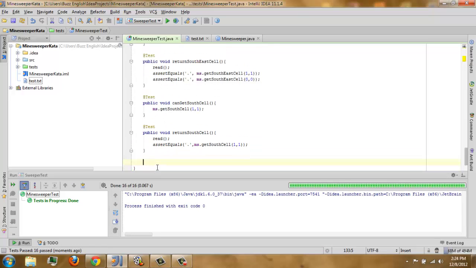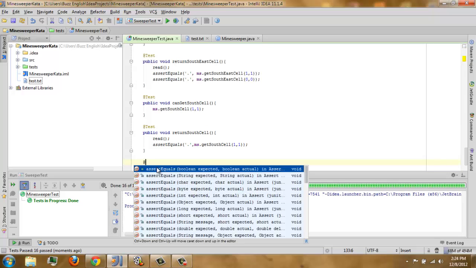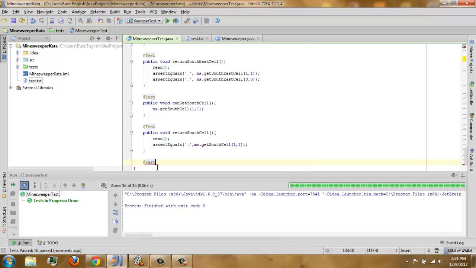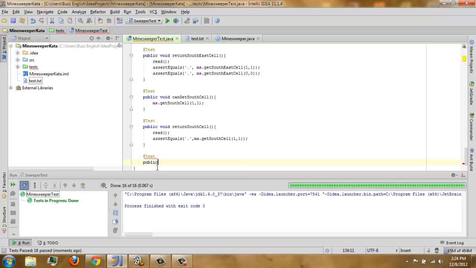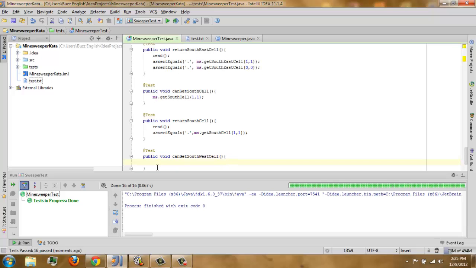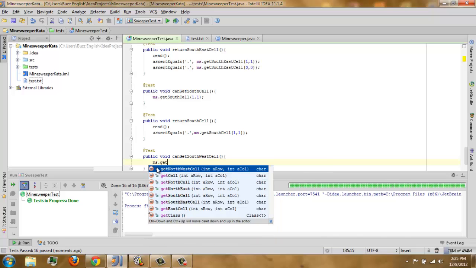So the final two neighbors. Test, and then again it's public void, southwest. I'm sure it's red again.